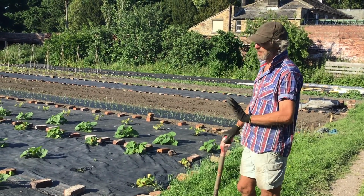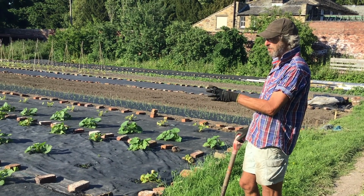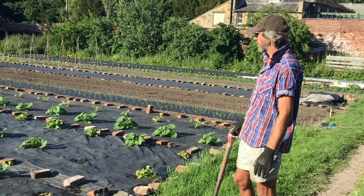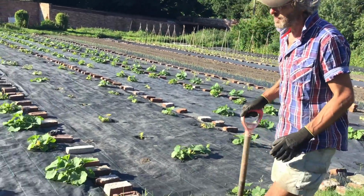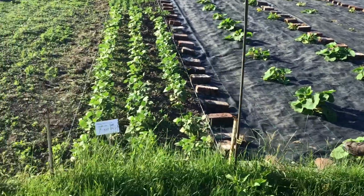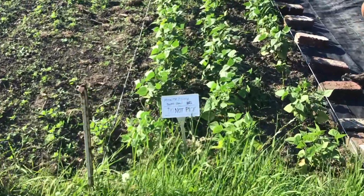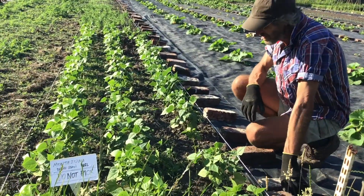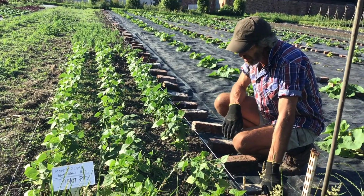But especially in commercial organic horticulture, these kind of materials are very, very popular to mulch the soil to prevent weed competition with the crop. And further along here, we've got another crop of beans, but this is another aspect of the work that we do here. So these are Montezuma red beans, which are kept in the Heritage Seed Library, which is at